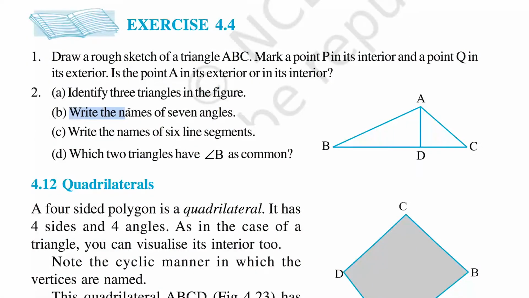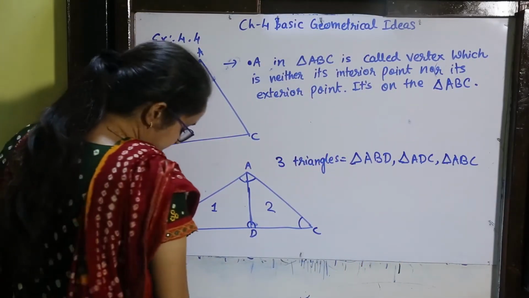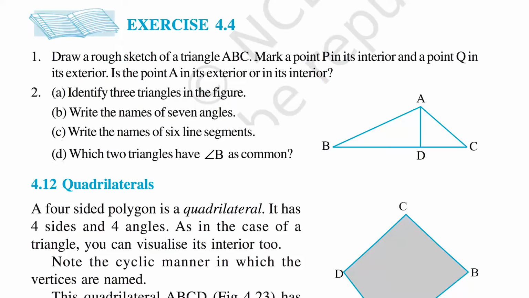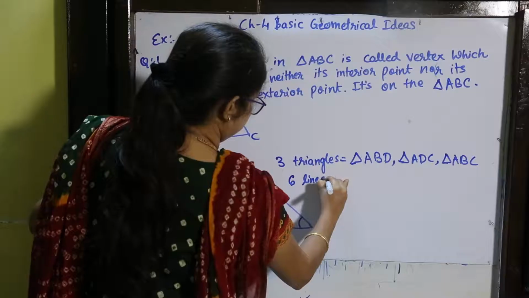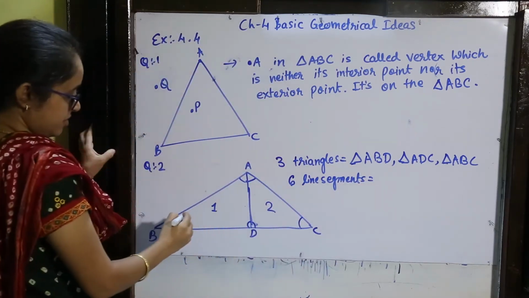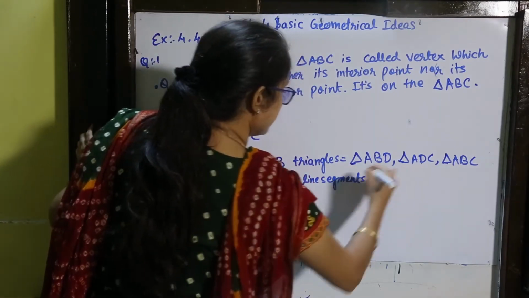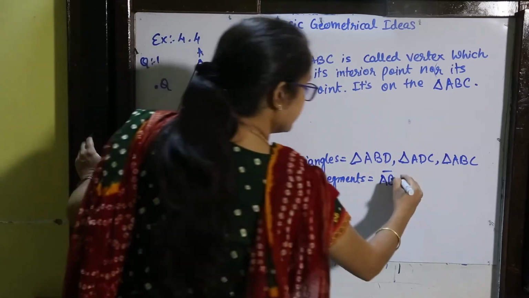Question 2B. Write the names of 7 angles is in your homework that you have to write by yourself. So we have these 3 triangles. Now we will move on to 3. Write the names of 6 line segments. So 6 line segments are, first line segment is this. So line segment AB, then line segment BD,